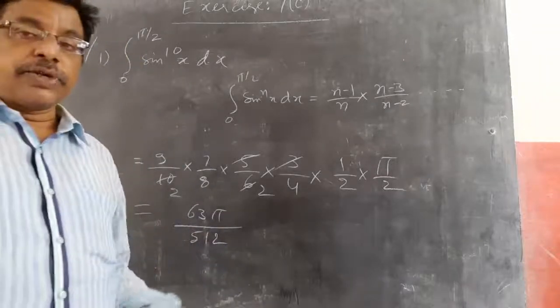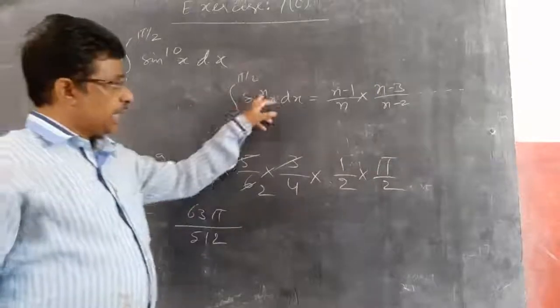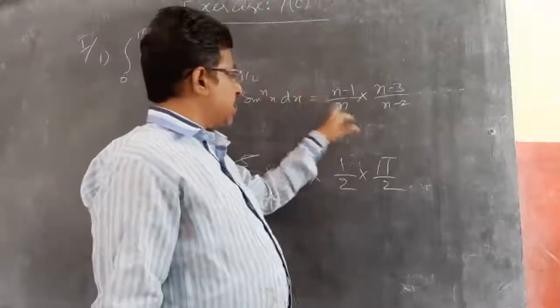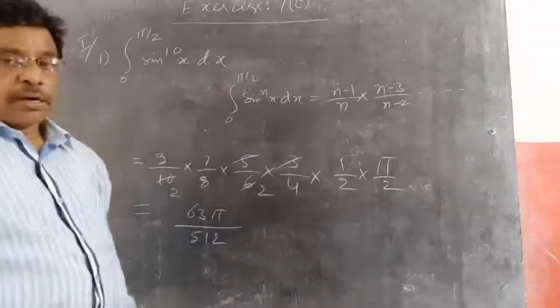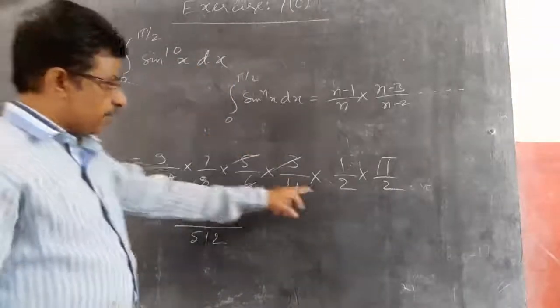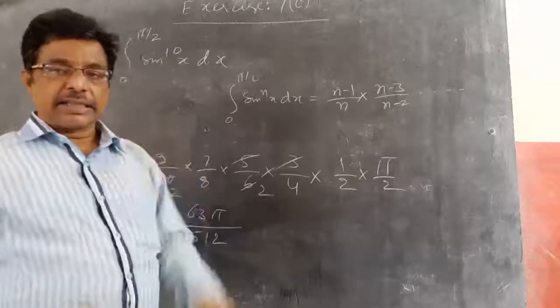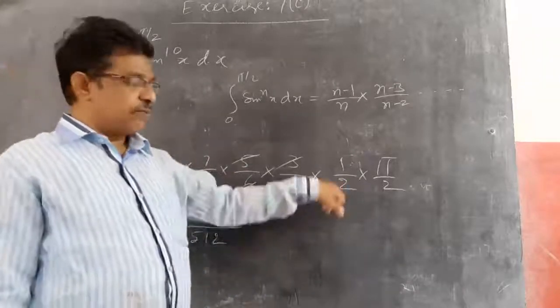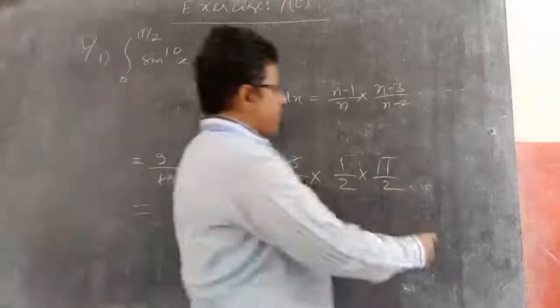This is how simply we can do the 2 marker. Just logic, no need of a formula also. Write n minus 1 in the numerator, n in the denominator, then reduce 2 from both numerator and denominator. If it is 1 by 2, keep pi by 2. If it is 2 by 3, leave it like that. Whenever n is even, you will get 1 by 2. Whenever n is odd, you will get 2 by 3. That's it. If you want to write the formula, write it down.